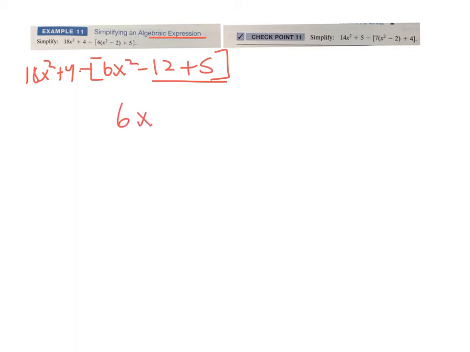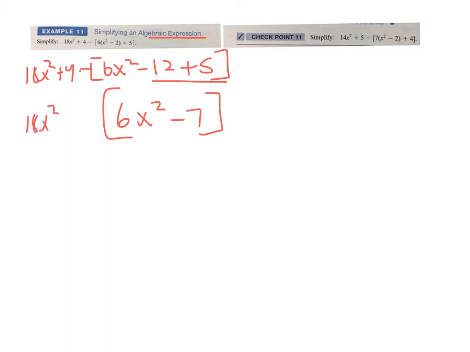Our last set of problems is, once again, simplifying algebraic expressions. So I'm going to start in the very middle and distribute if I can. So in the brackets, I'm going to have 6x squared minus 12 plus 5. So there's my brackets. And out here I have 18x squared plus 4 with a minus sign. Inside the brackets, these two are like terms. So I can have 6x squared minus 7 in the brackets